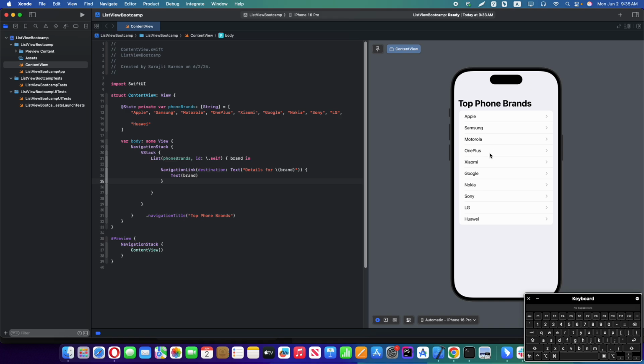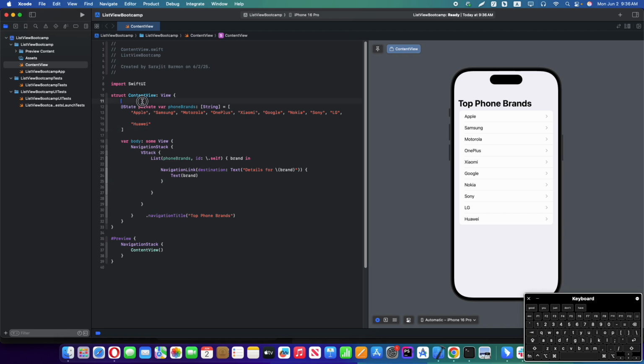So within the list view we can navigate something like this: Apple, Samsung, Motorola, OnePlus, Xiaomi, Google, Nokia, Sony, LG, and a lot of brands we can see, and we can navigate to details view for each of the brands. Okay, so